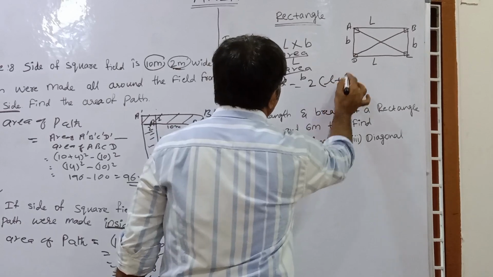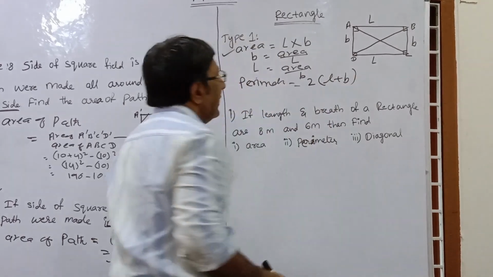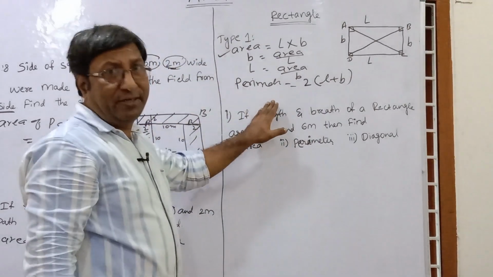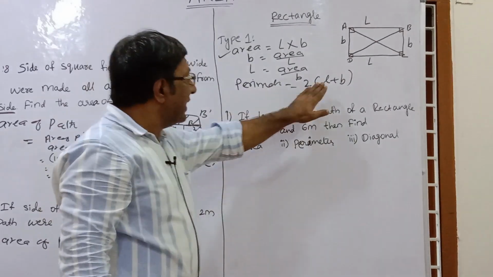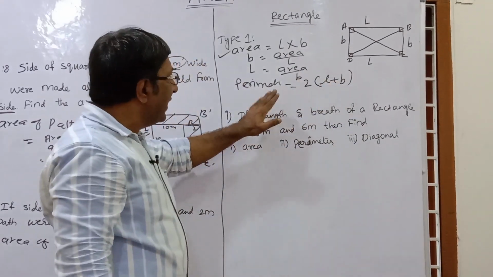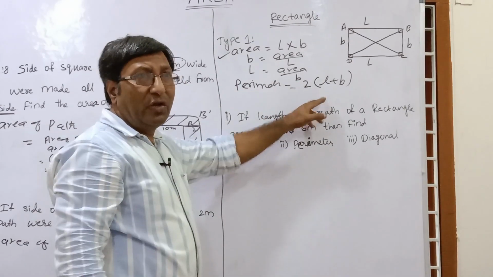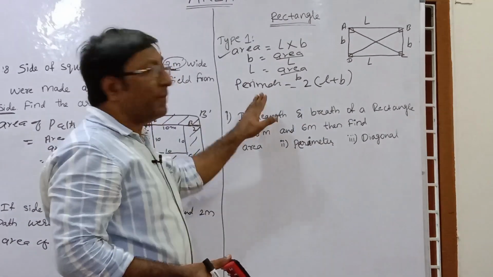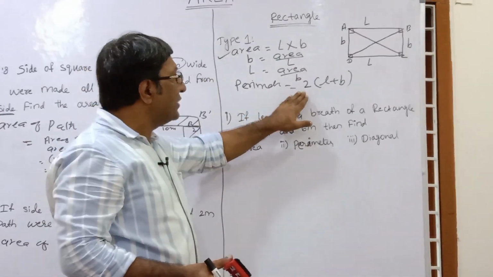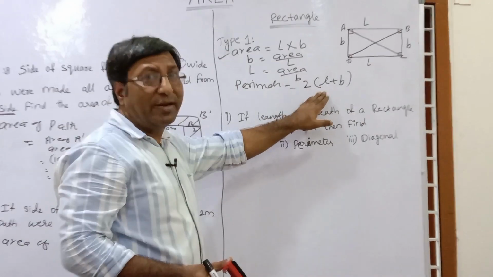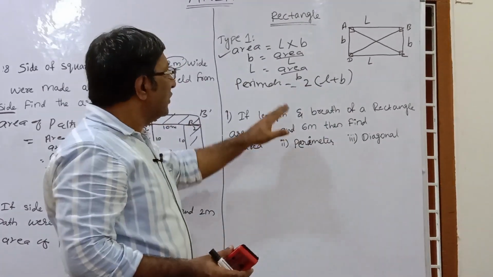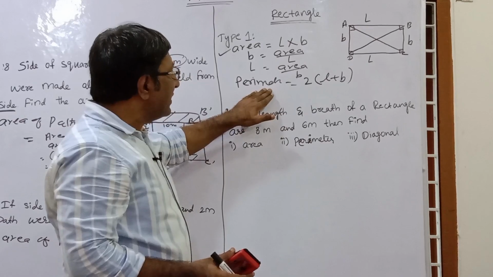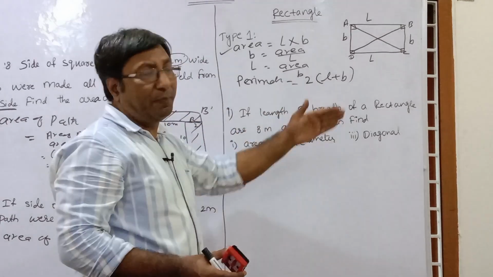2 into length plus breadth. In this formula also there are three terms: perimeter, length, breadth. So when length and breadth are given, we can easily find the perimeter by this formula, twice of length plus breadth. But when the perimeter is given and we have to find length or breadth,